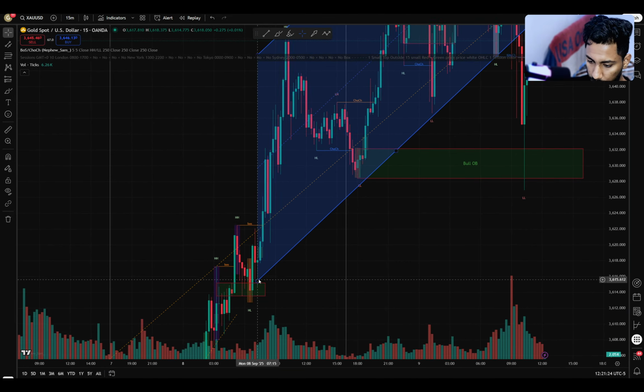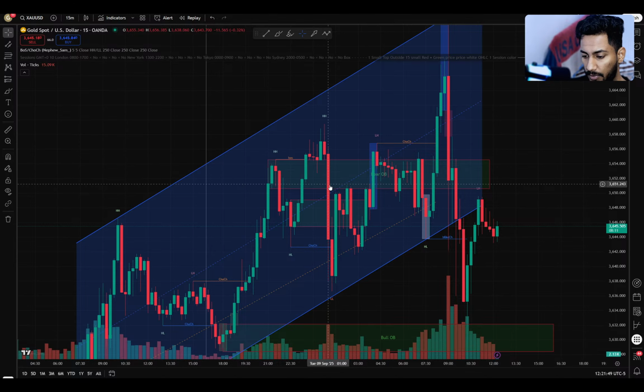Look at this, it's so simple. What you're going to do is identify the price moving in between the area. As I marked from here, I'll tell you, because I was trading it yesterday. This is a bearish order block from here. Look at the price, it has already respected this zone.